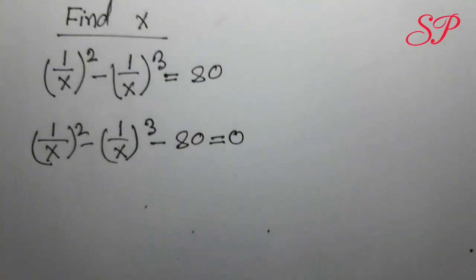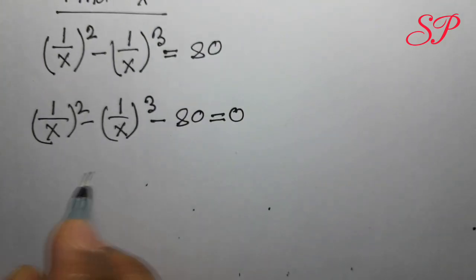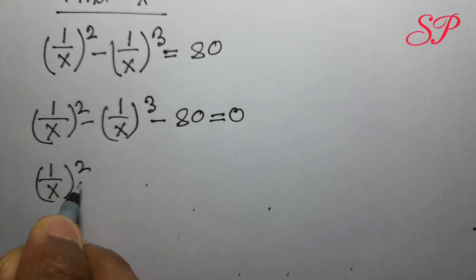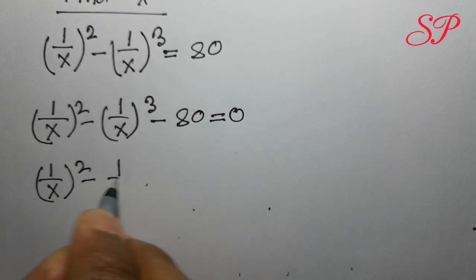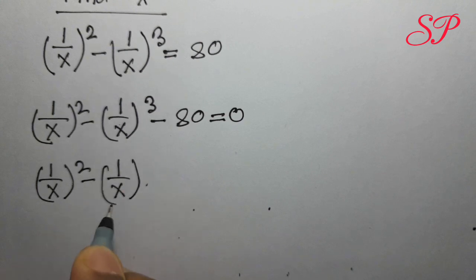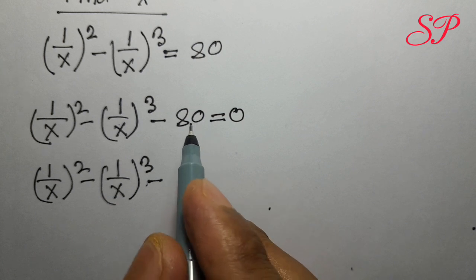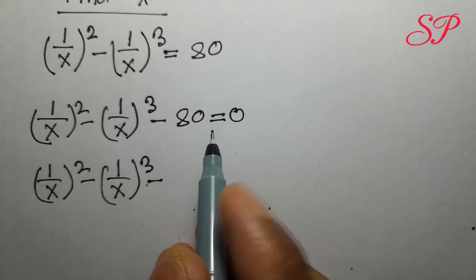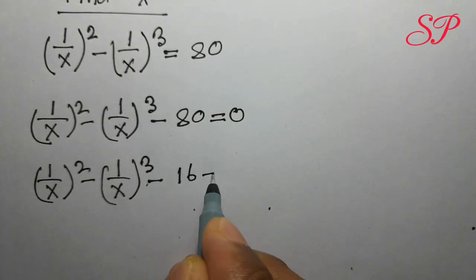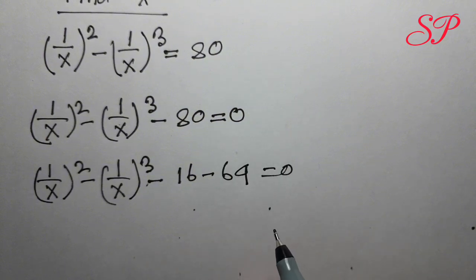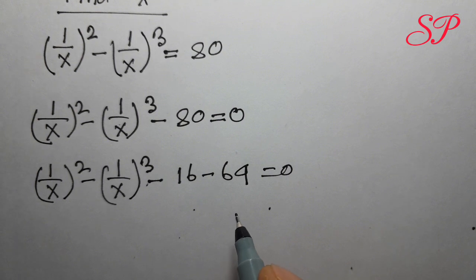Okay friends, then we expand 80 as two numbers: 16 minus (minus 64) is equal to 80. Okay, then we can write 1 by x